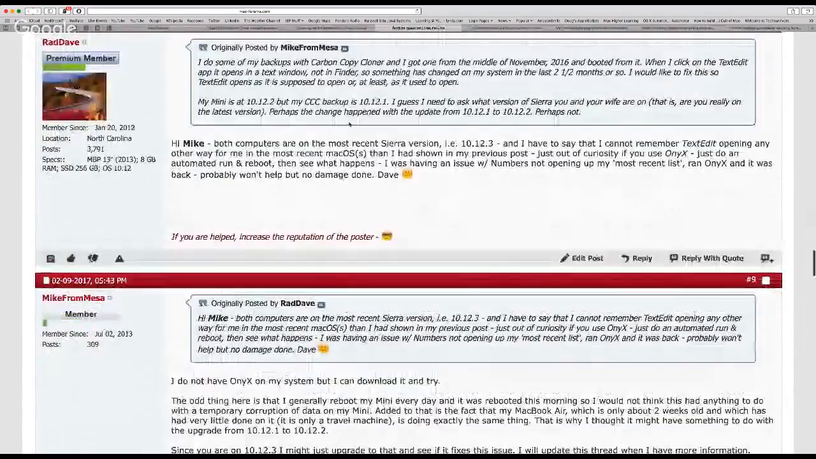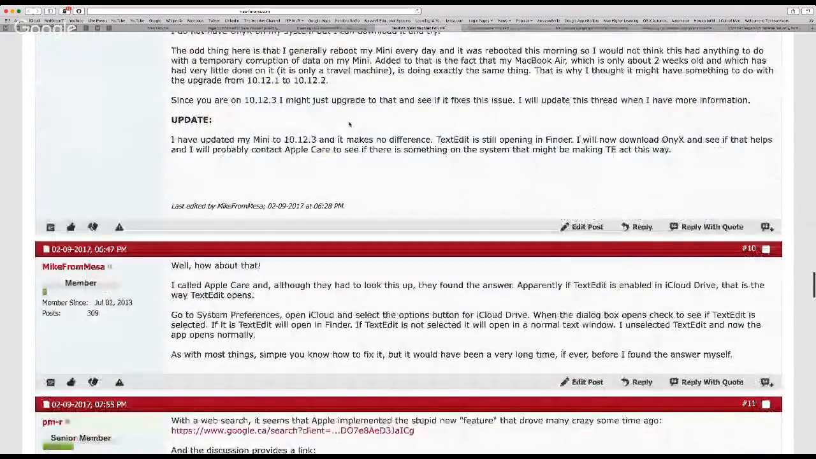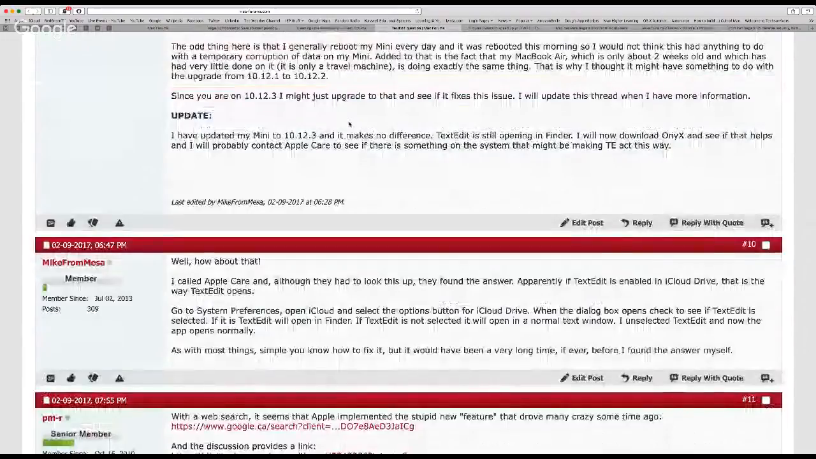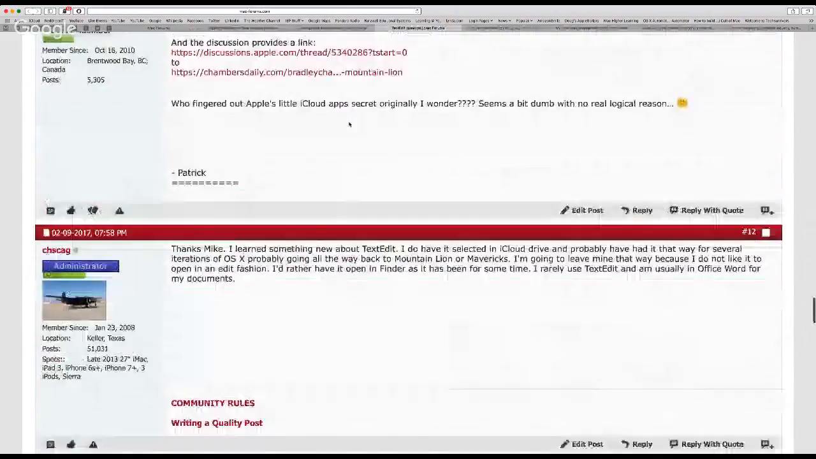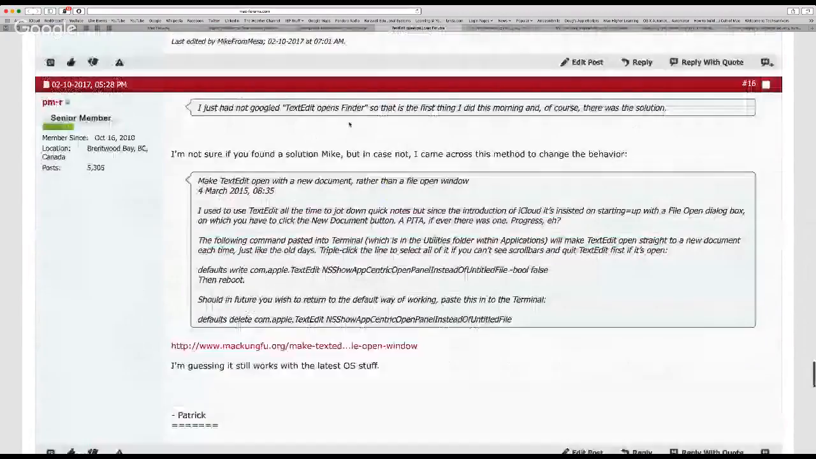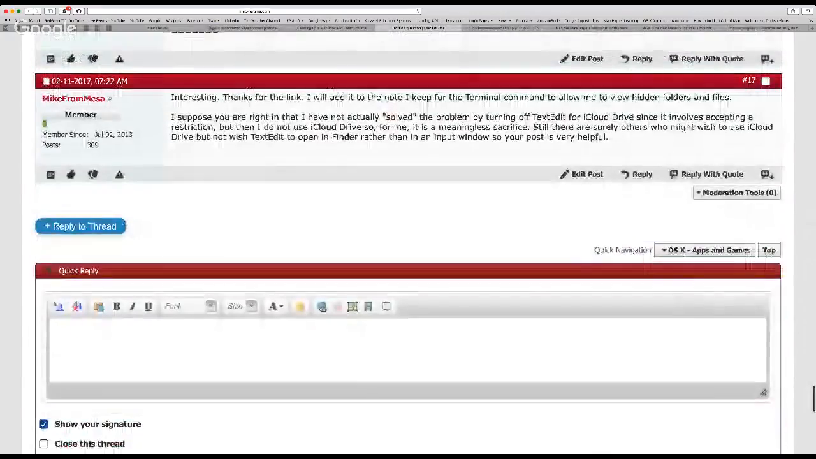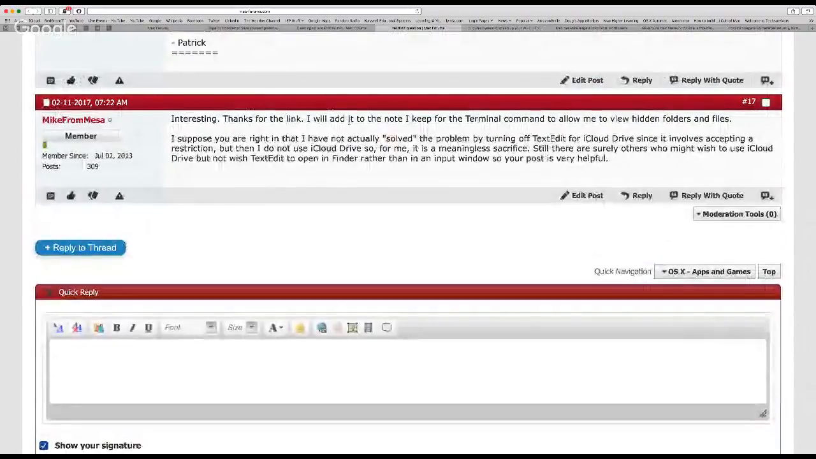And Mike wanted to know why sometimes TextEdit seems to open in the documents folder as opposed to an editable document. And this seems to, I'm going to scroll down to the end here, and in Mike's mentions here, apparently he had to make a call to Apple to